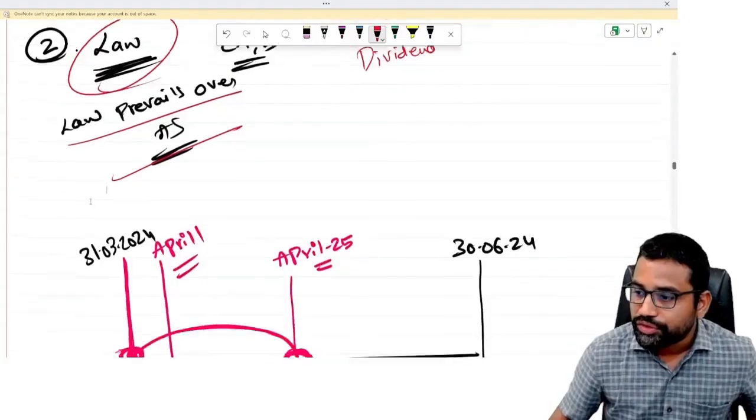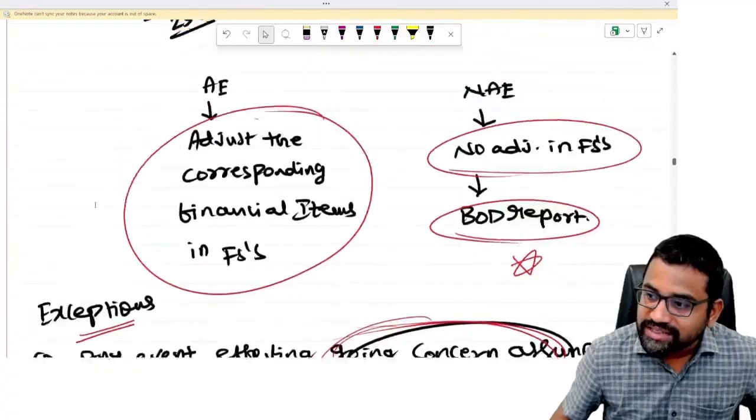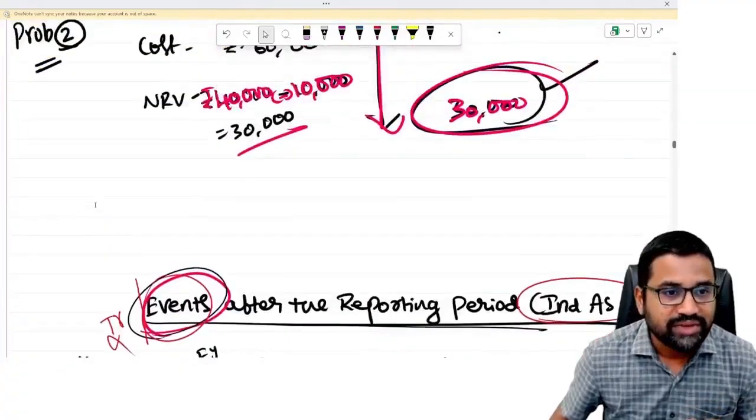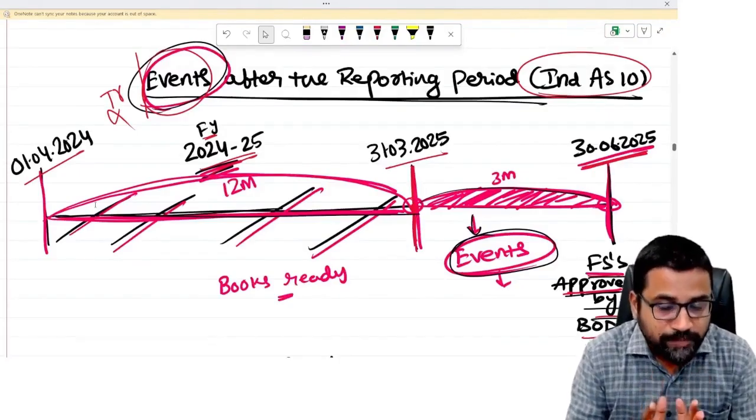We need to follow the law. So that's it. This is Accounting Standard India's 10, sir. So how small are the standards? Very, very small. So you have to remember, once again I'm telling, first of all you should learn what is